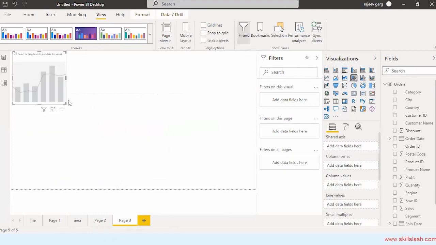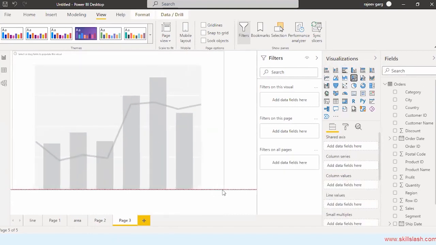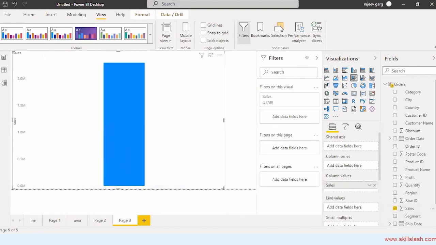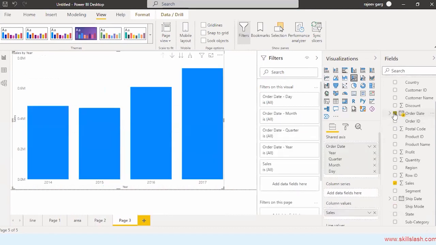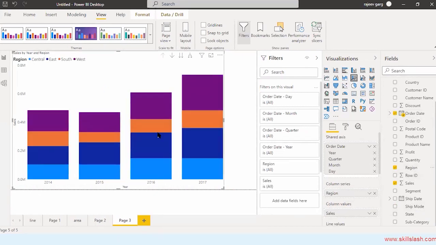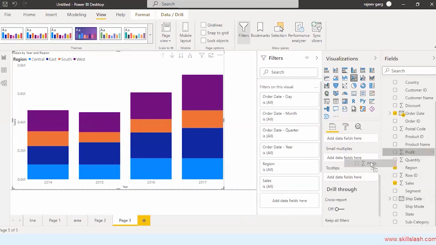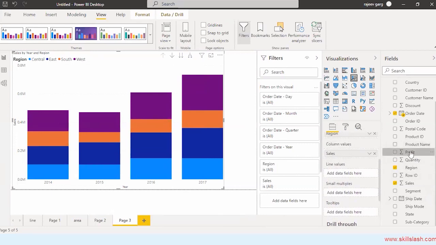So let me take this. I will take the same example over here so that you can see the difference. So let me take the sales on the basis of order date. Let me put the region into the column series. Now you can see you are getting a stacked column chart over here. And I would like to take the profit into the line.